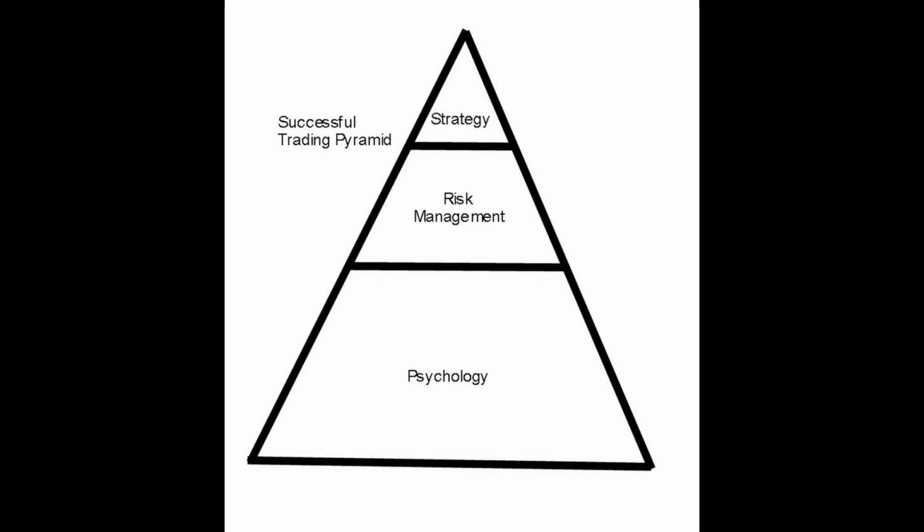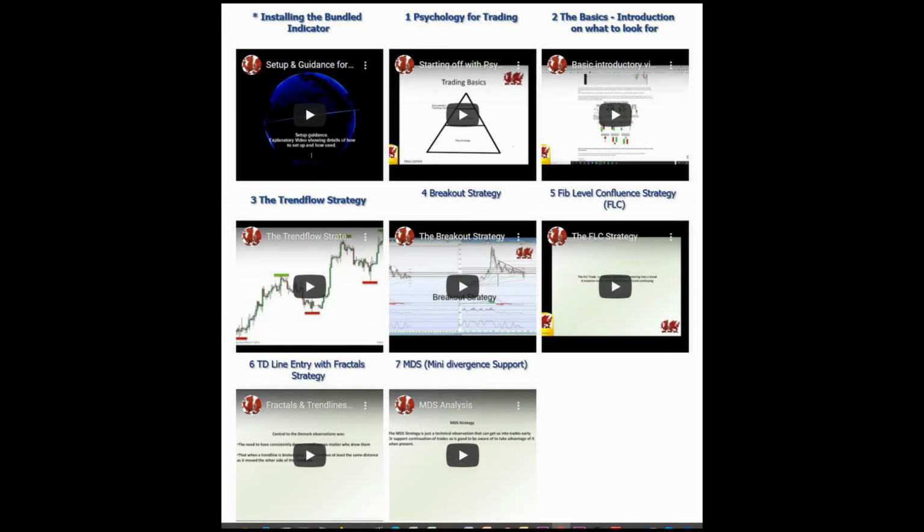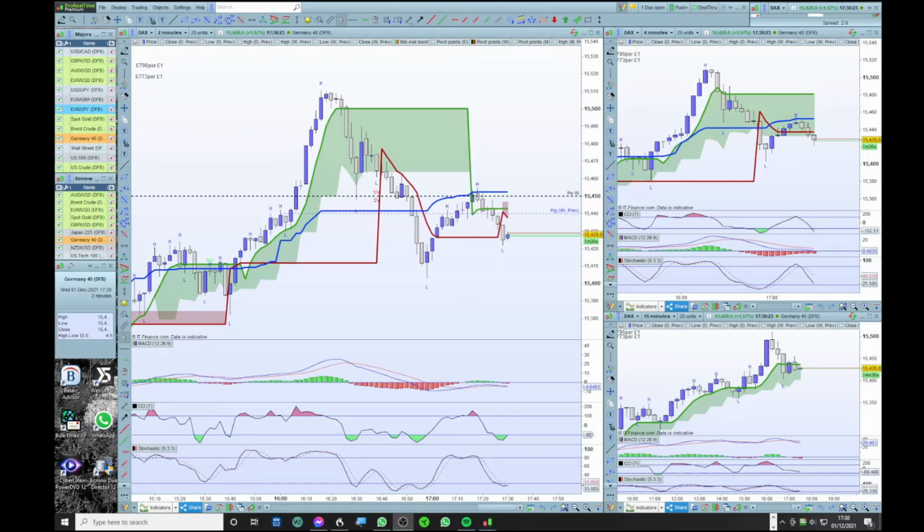And you may be a proficient trader, or you may be somebody who doesn't have a clue about what they're looking at. What this course does, it gives you the concepts of the way you should be thinking about trading. It covers psychology of how you should be thinking about monetary growth, as well as your own personal psychology around trading itself. How you feel when you're trading, the type of emotions that affect you, and so on and so forth.